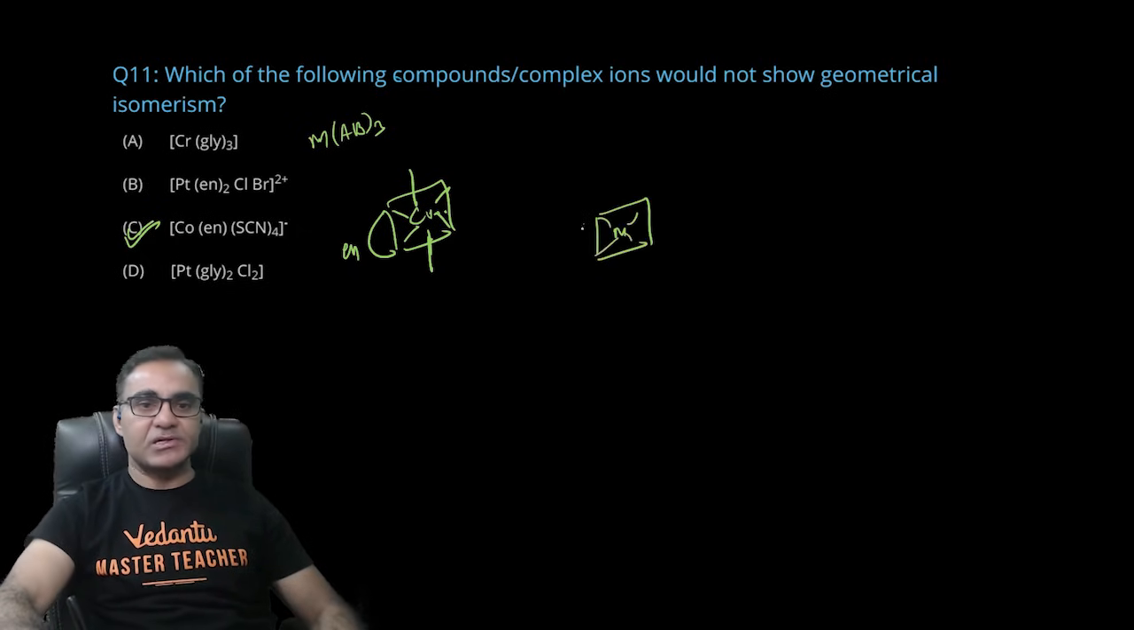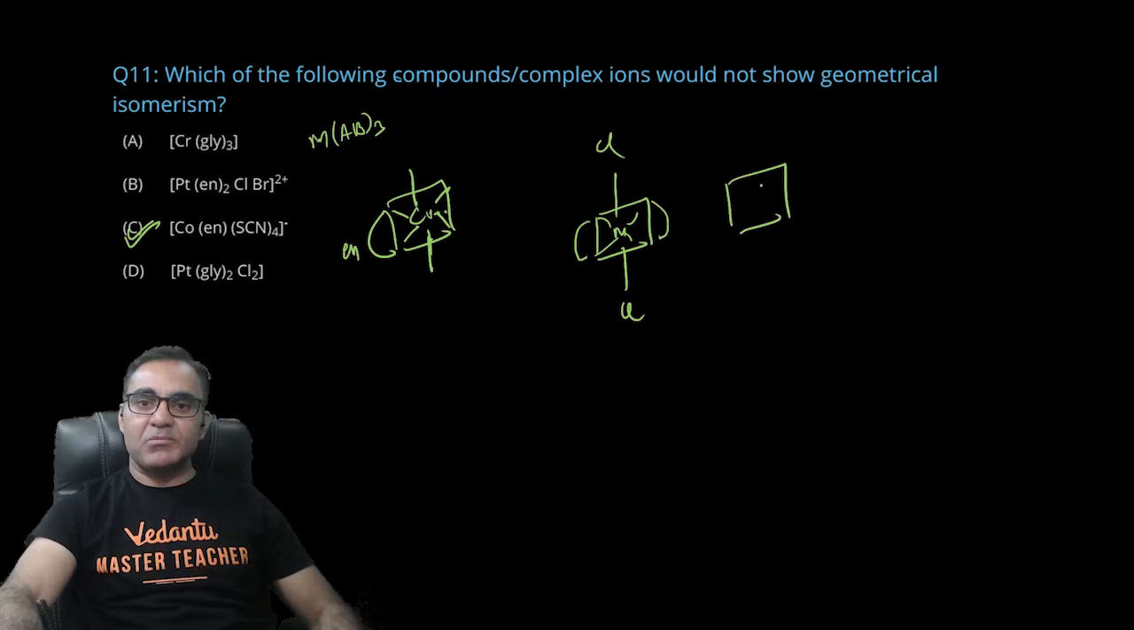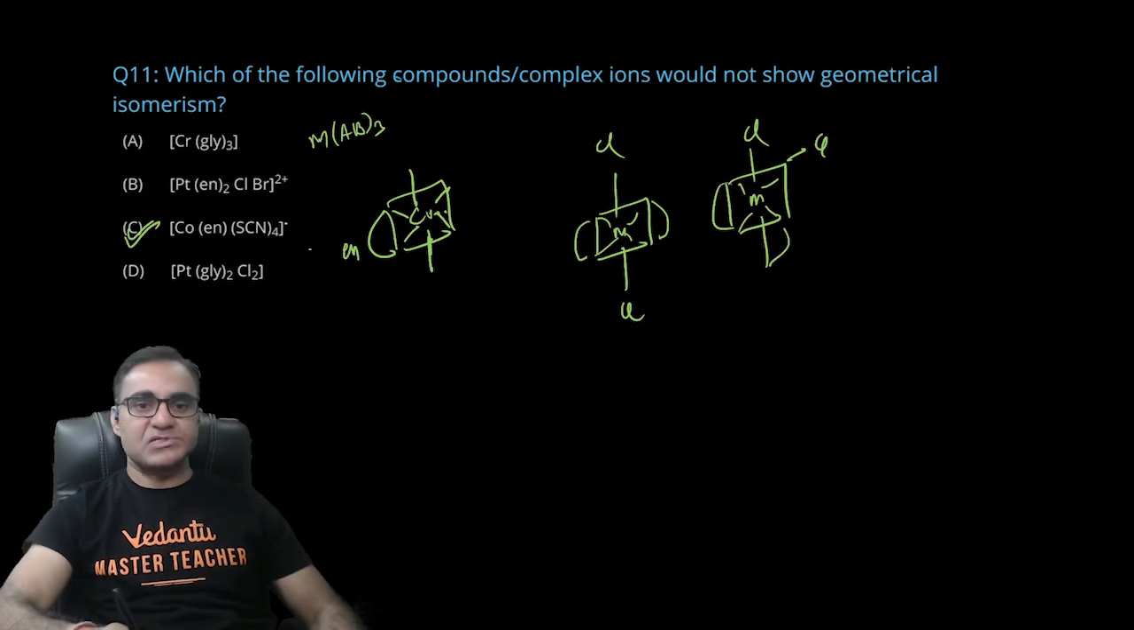अनसिमेट्रिकल बाइडेंटेट लिगेंड है, तो एक बार इसको आप ऐसे रख सकते हो ट्रांस फॉर्म में, यहाँ पे ClCl आ जाएगा, और उसके बाद ClCl को आप सिस फॉर्म में भी रख सकते हो ऐसे, राइट, एक ग्लाइसिन यहाँ पे रख दिया और एक ग्लाइसिन यहाँ पे रख दिया, तो इसमें भी पॉसिबल है, तो केवल C एक ऐसा ऑप्शन है जहाँ पे ज्योमेट्रिकल आइसोमरिज्म नहीं है। ओके,